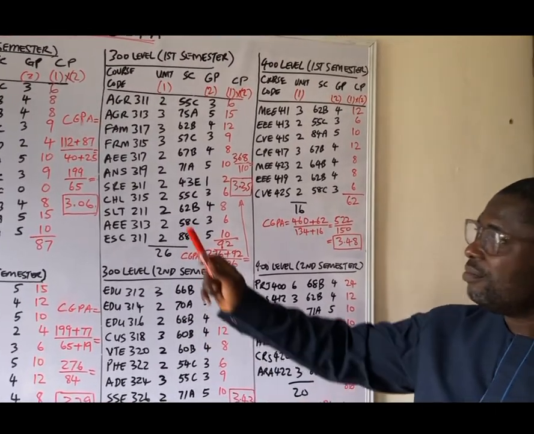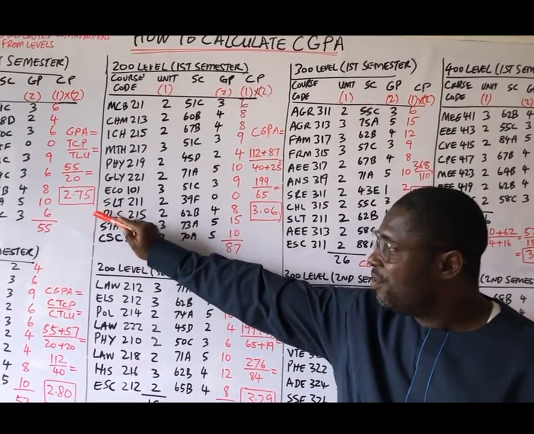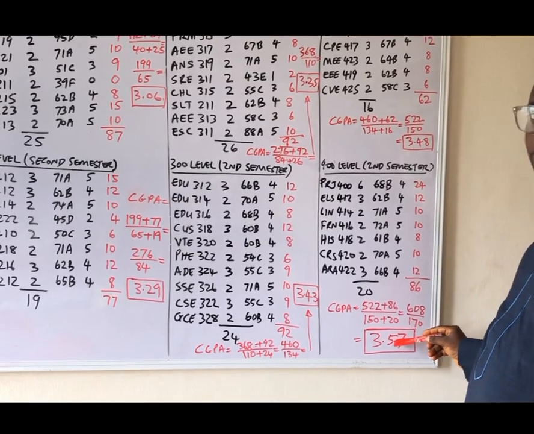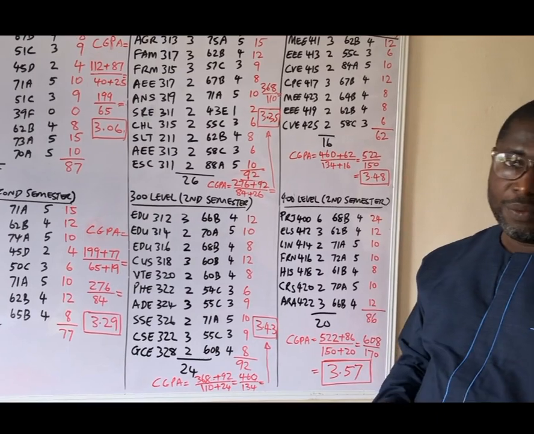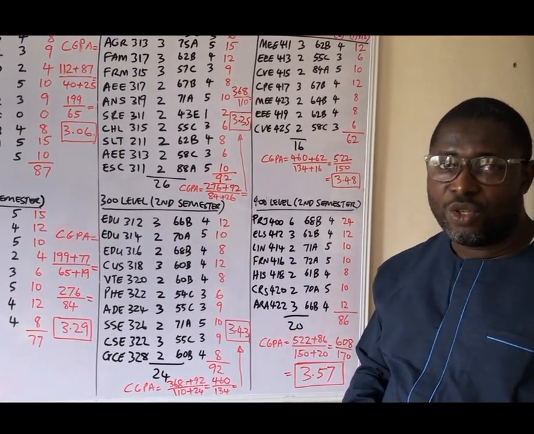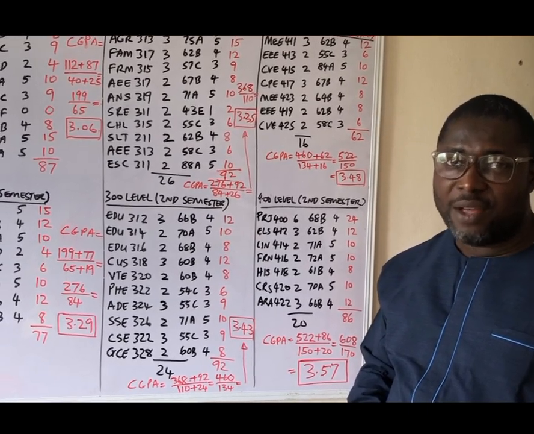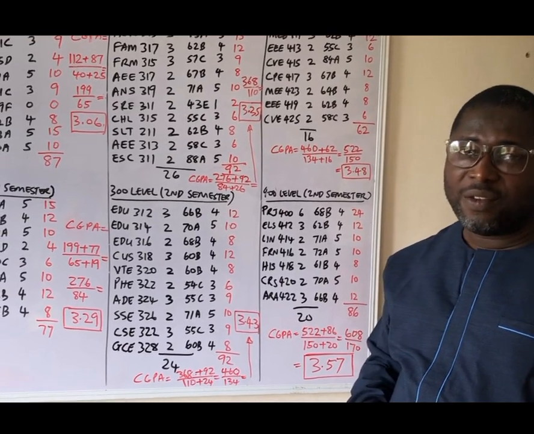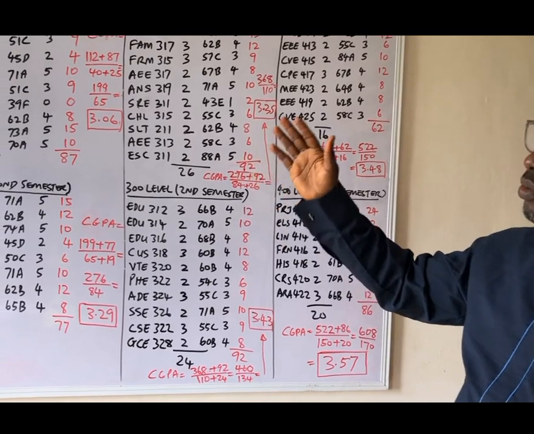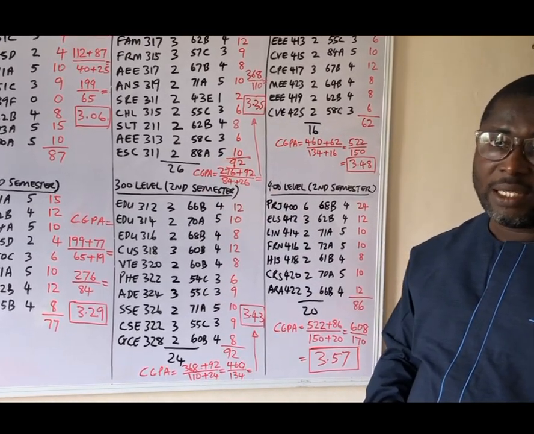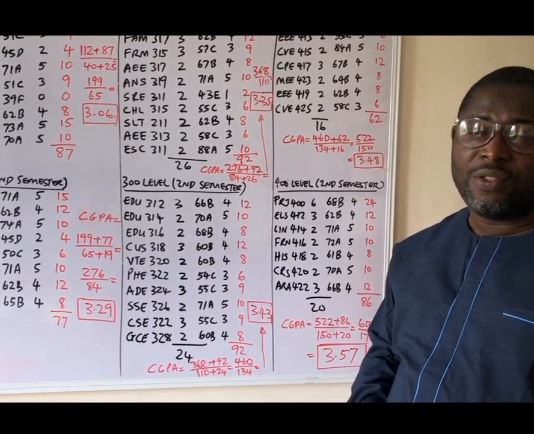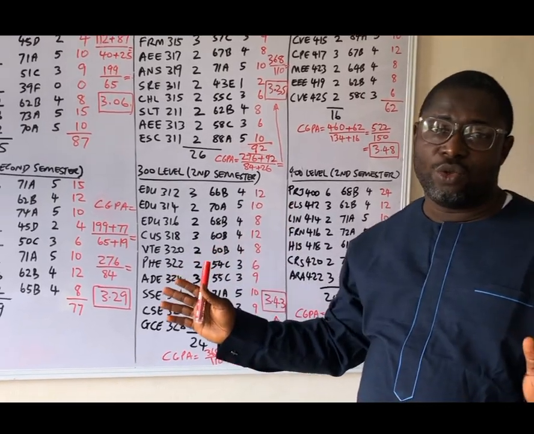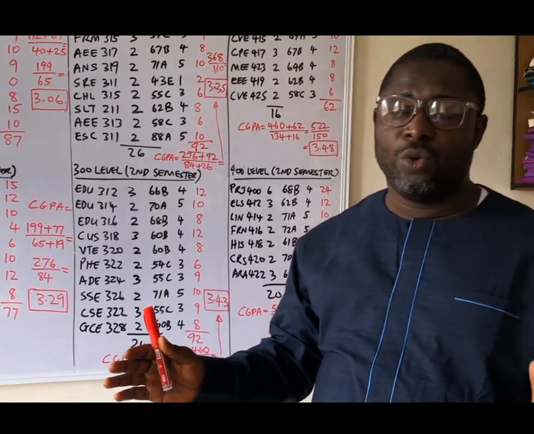He has progressively moved from 2.75 on and on, works his way up until he's graduated with 3.57. This is second class upper division. Second class upper division is from 3.5 to 4.49. The first class is from 4.5 to 5.0. If it's below second class upper, that's a third class. Third class is from 1.5 to 2.39. So this exercise we've gone through, viewers wherever you are, will help you a lot